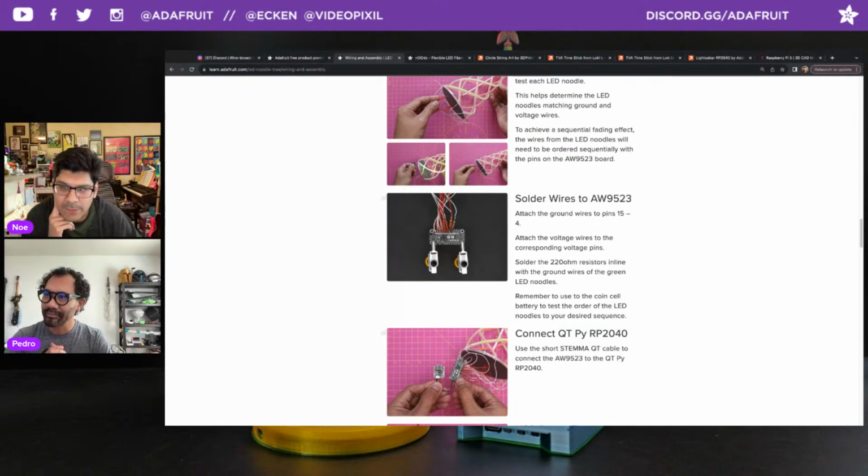Yeah, 220 ohm is kind of the standard rule of thumb for your LED. So that's what we're using here. You can get a pack of them. I just trim the leads of the resistor short. And